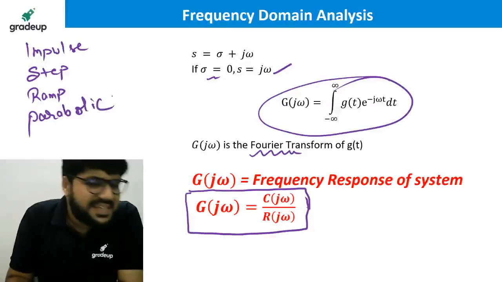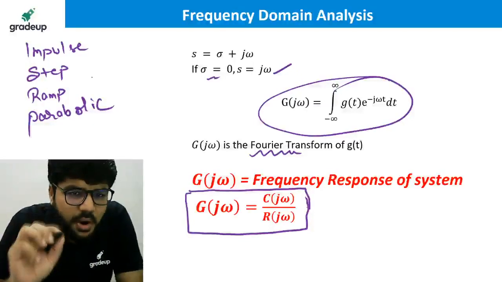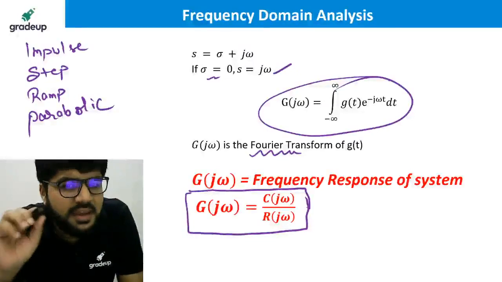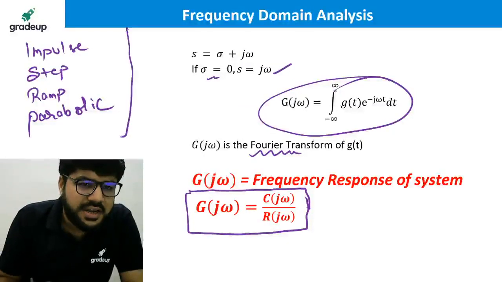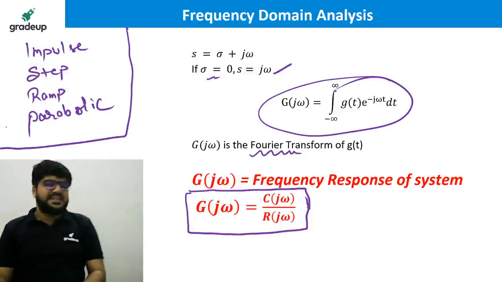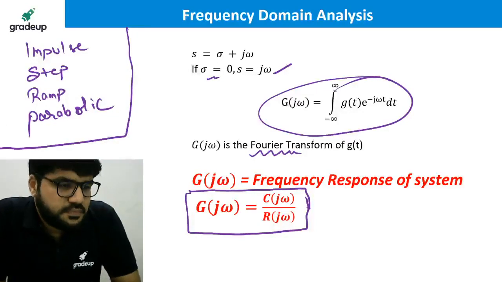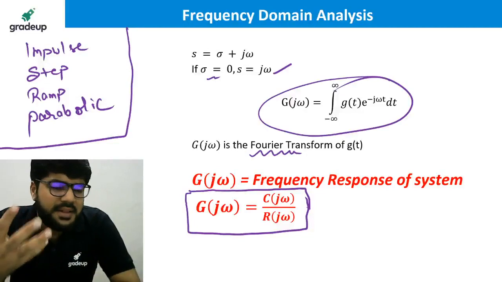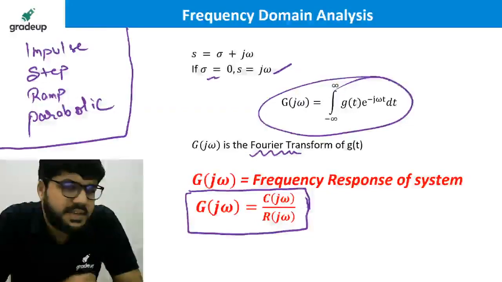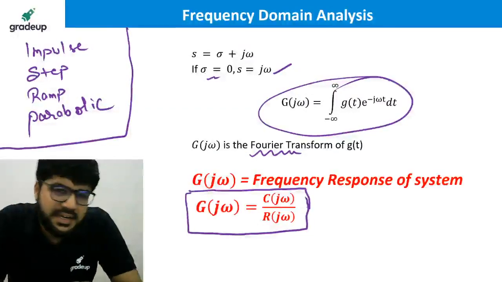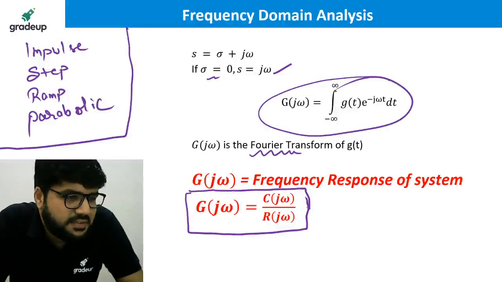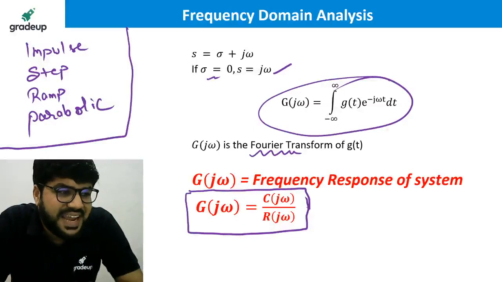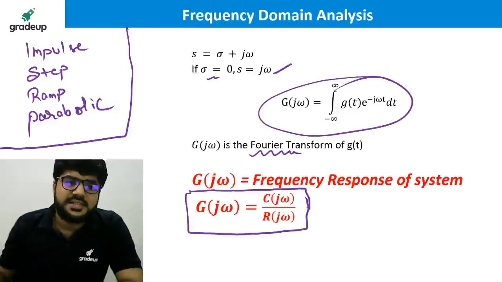But can you tell me, is there any important input that has been missed? A very important and not common input whose analysis is not yet done. Try to recall what the common signals are and what is not discussed. Impulse, step, ramp and parabolic are done till now. Yes, correct, your common sense is correct. Yes, sinusoidal. The sinusoidal signals.